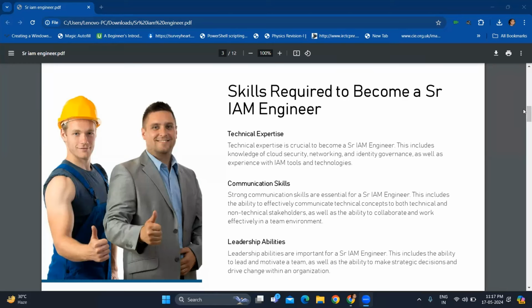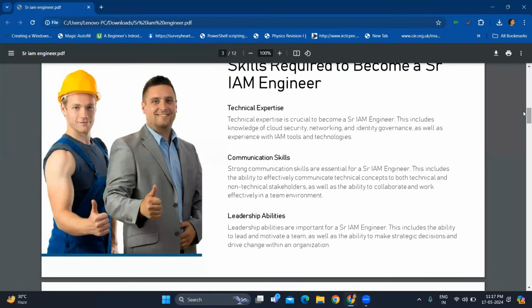Leadership, by default, whenever you are a senior IAM engineer, you are expected to drive things on your own or along with your team members. Sometimes you'll be given one task. Now, if you divide that task using your Jira or any platform, you'll see there are 3 subtasks which you cannot do all yourself.